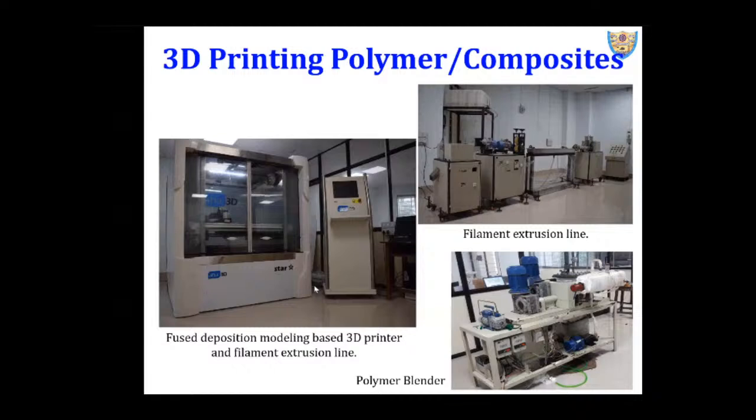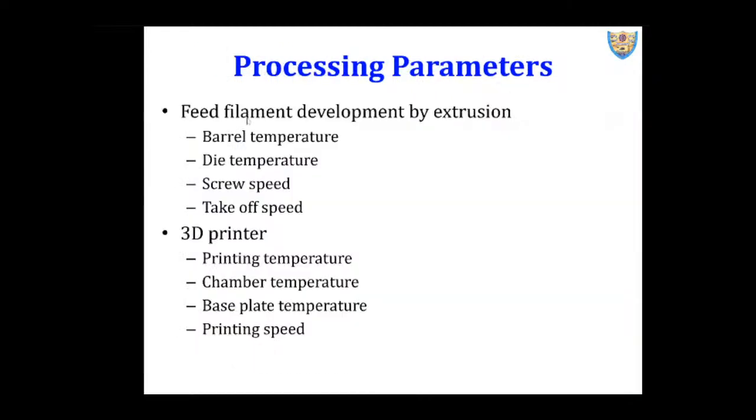So typically, when we talk about filament development, we have barrel temperature, die temperature, screw speed, and takeoff speed. For the temperatures, you can take reference of the Tg, melting point, and degradation point. These 3 values will decide what the barrel temperature and die temperature should be for a specific blend which you have loaded into the extruder. Screw speed and takeoff speed again: the screw speed is dependent on, if you're using a hollow system, the crushing strength of a particular particle,